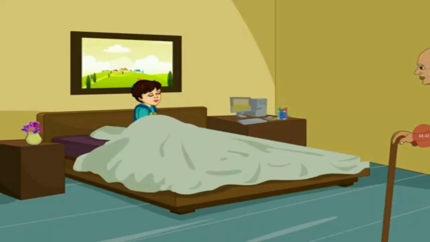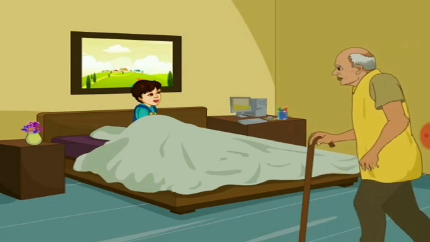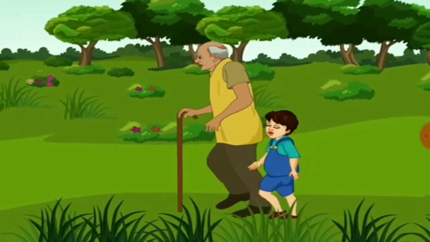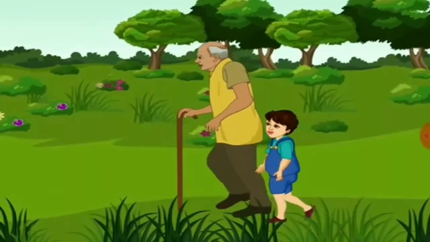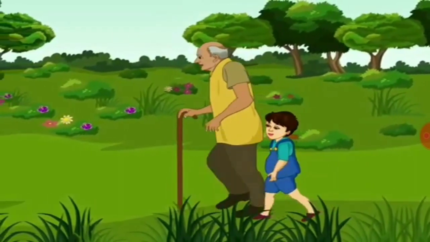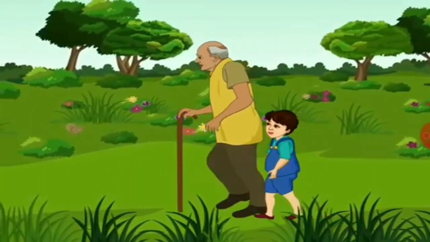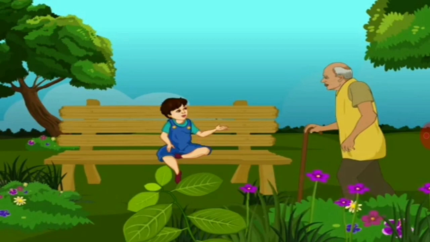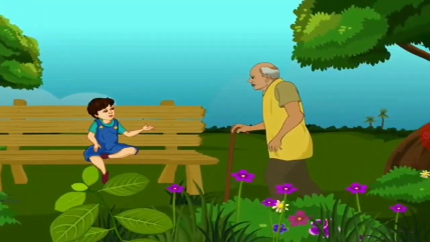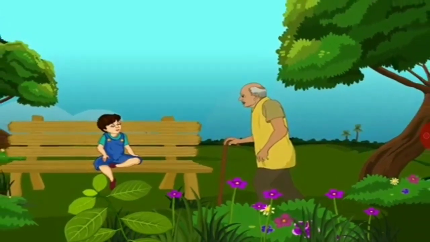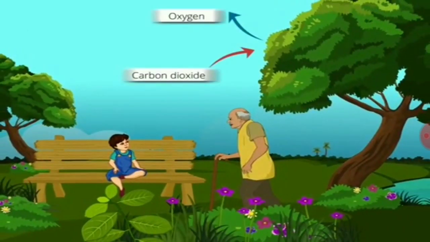अरे मोहन is awake. Let's see what Mohan is doing. Good morning, Grandpa. Good morning, Mohan. Let us go for a walk in the garden. Wow, it is a lovely, fresh and green garden. Yes, my dear son. This garden has many small and big plants. Yes, Grandpa. All these plants are so leafy. Yes, Mohan, leaves are an important part of a plant. They not only make them look fresh, but also perform many important functions.